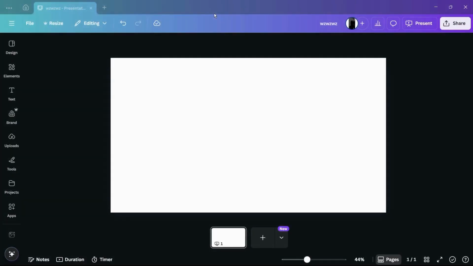To edit a photo in Canva. So hey guys, in this tutorial I'm going to show you how you can edit a photo or adjust a photo's brightness, contrast, saturation, etc. in your Canva application. As you can see, I have opened my Canva application,